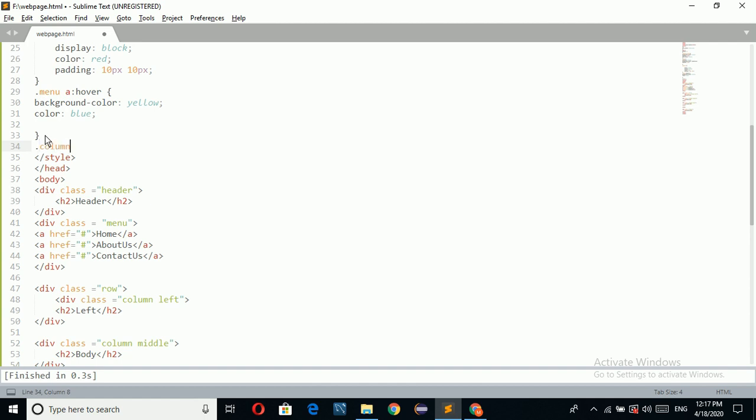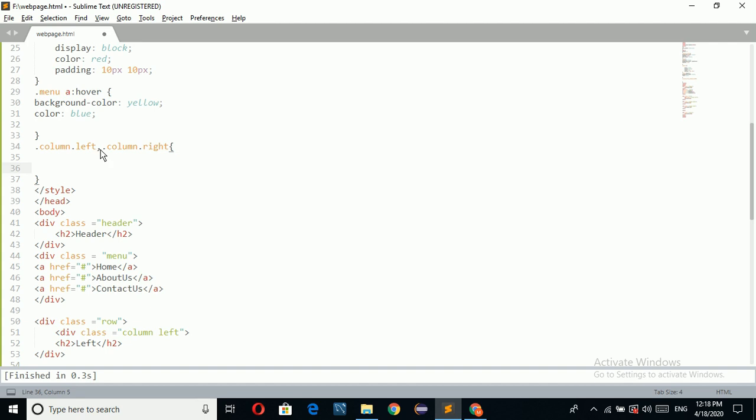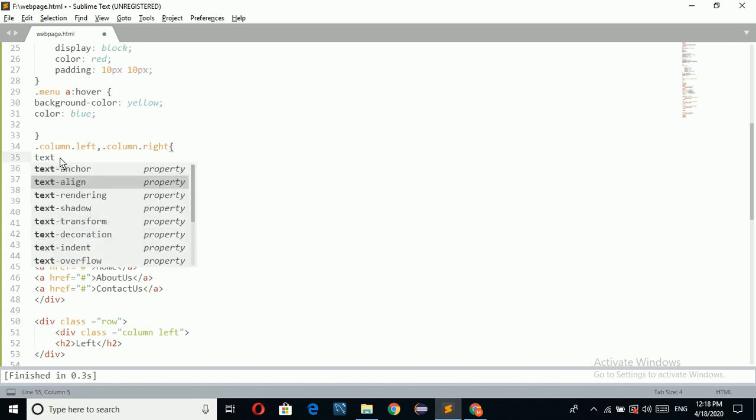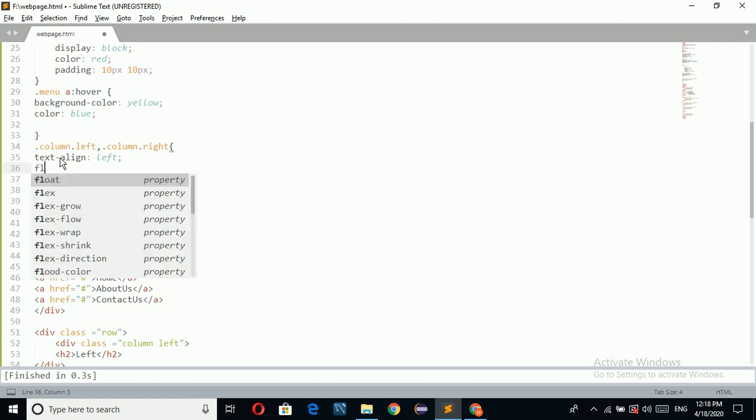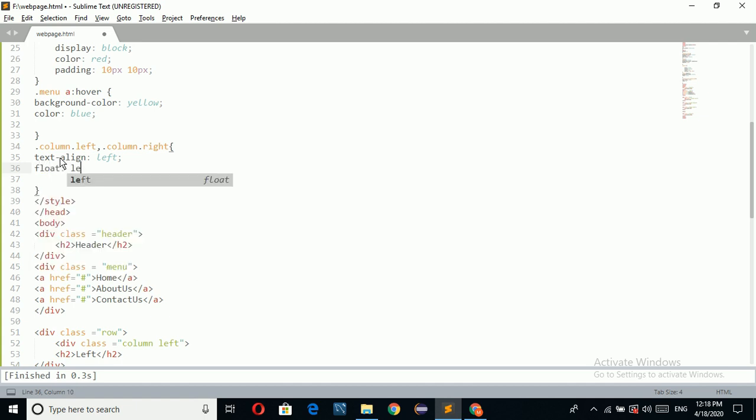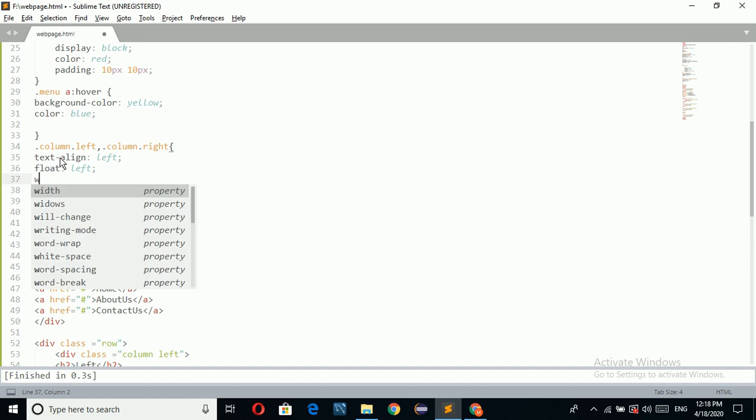Now I am going to apply the CSS for columns. Column dot left, comma, column dot right. I want to apply text-align equal to left, and float equal to left.